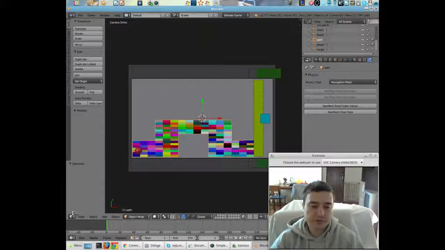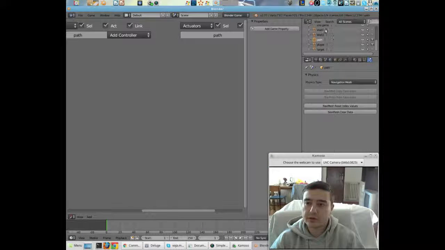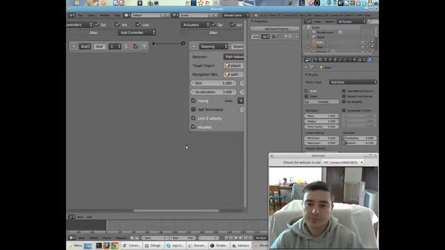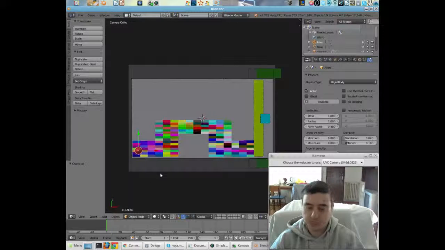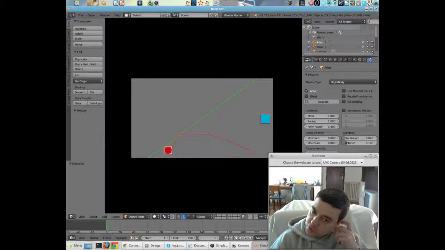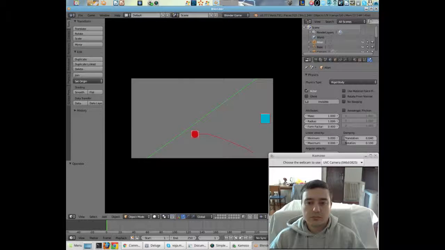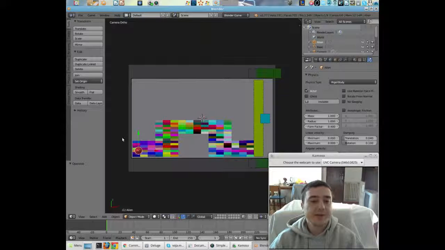Navigation mesh set, logics in our alien, we are going to target, 3D view. Yeah, should be interesting. Of course, you can create multiple sensors, so when our alien moves to a certain point, we can change its direction. This is additional programming. We will eventually do something like that in the future. However, this is just a normal tutorial, so yeah. Now the second thing,